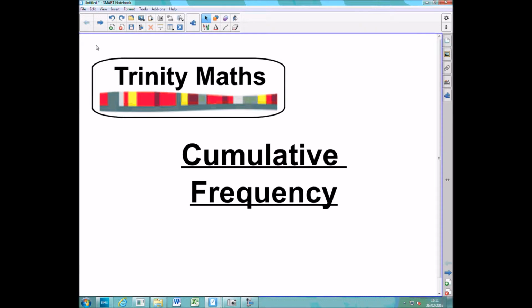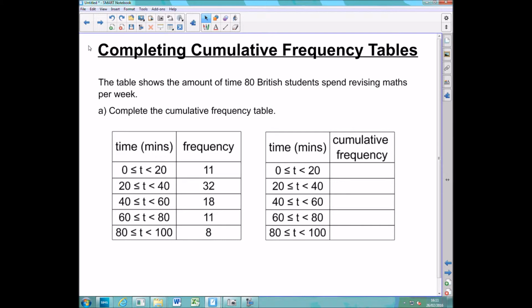Okay, this video will hopefully help you answer the cumulative frequency questions that come up on the GCSE. They usually come in three different parts. The first part asks you to complete a cumulative frequency table. Now usually you're given two tables, one that has the frequency and the second that's blank that has the cumulative